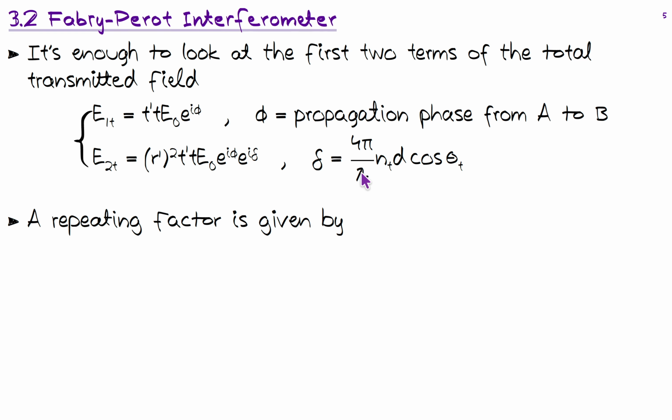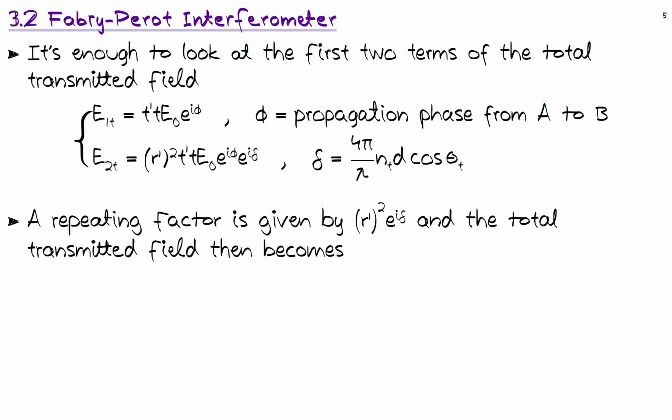So we have 2 times k times n_t times d, that's the thickness of the etalon, times cosine theta_t. So that's the angle at which the ray travels within the optical material. And we can see here that a repeating factor is taking place within these subfields, and that's given by r prime squared times exponent i delta. And this then gives us the possibility of calculating the total transmitted field, which becomes E_t equals t t prime times E_0 times